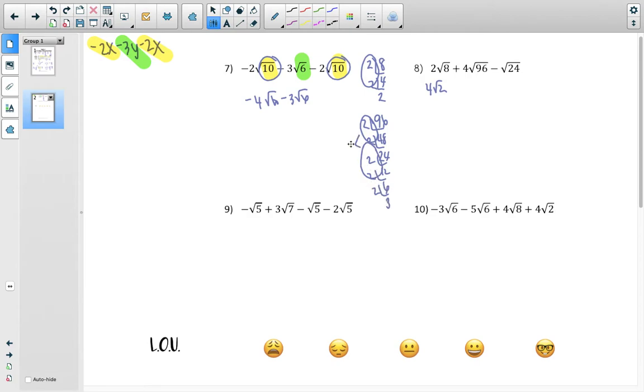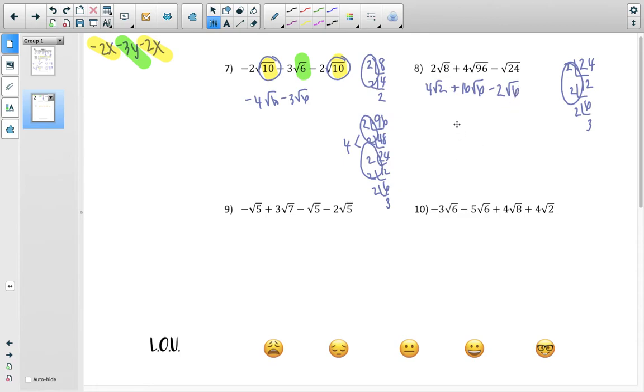So we have 2 times 2, which is 4, and that multiplies that 4, so 16. And it'd be square root of 6 because of the 2 and 3. And then we have the 24. So 2 and 12. That gets you 6, 2 and 3, that's our pair, and that gets us 2 square